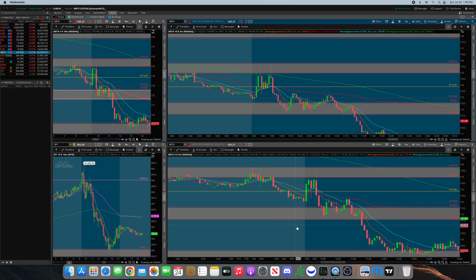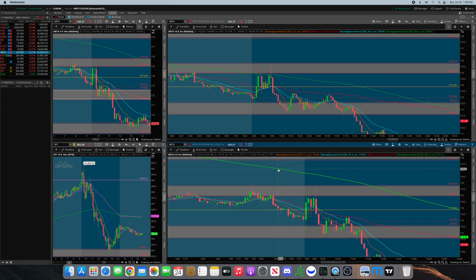What I'm going to be looking for now is where's the 5-minute? The 5-minute 200 is just above it. So I've got the 2-minute 200 now at this point coming into the open, as you can see. I've got the 2-minute 200 at the bottom of the supply zone. I've got the 5-minute 200 that's creeping in above it. And then when I look at the 10, I see the 10 above it. So although it's not the greatest aspect for entries,